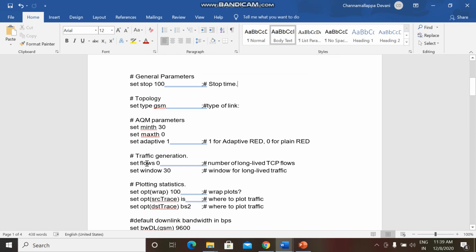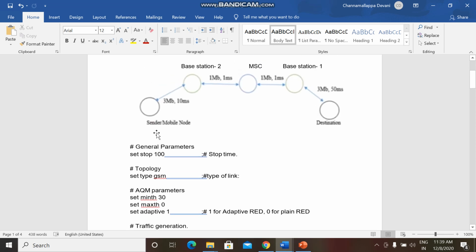I'll come back to what flow equal to 0 means. When we have a single path, looking at this topology, it looks simple: while communication has to be established between the sender and the destination, there is only one single path. There could be two paths if the destination belongs to a different base station. First, the request has to go from the source node to its nearest base station.